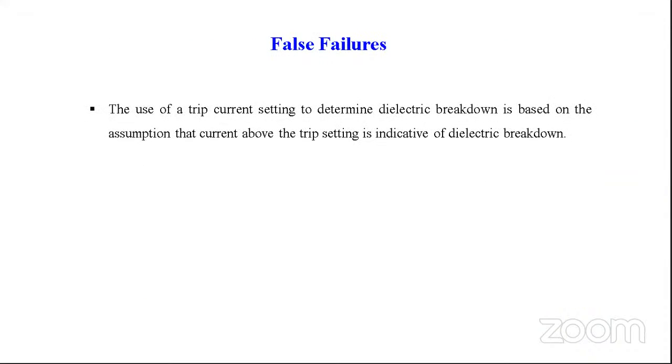Now, sometimes false failures. What is the meaning of false failure? Generally, the use of a trip current setting to determine the dielectric breakdown is basically an assumption that the current above the trip setting is indicative of dielectric breakdown. But it is not true for